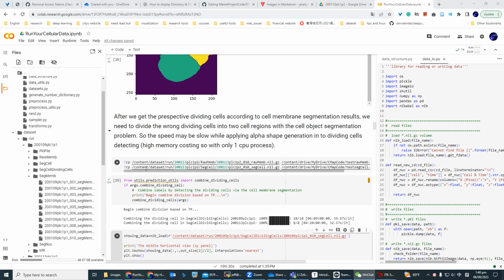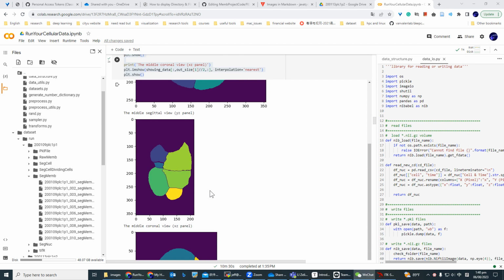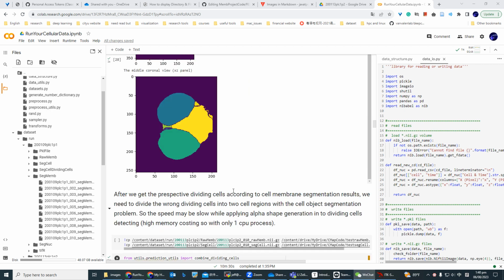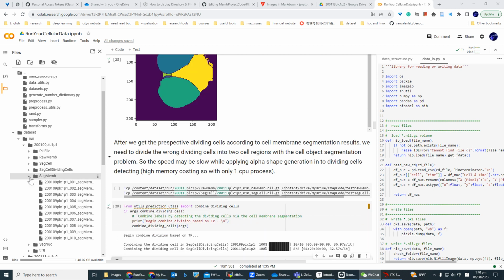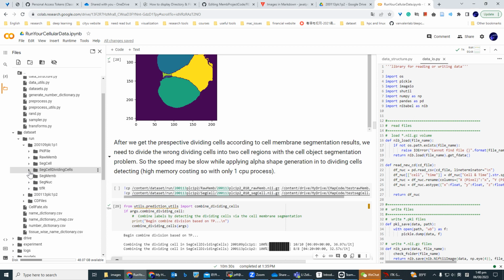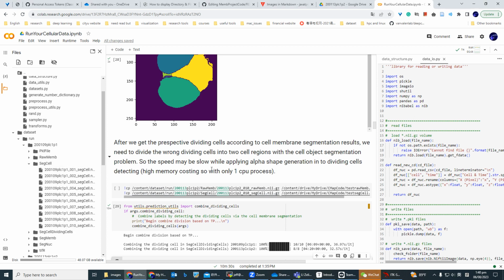And yeah, I'm showing the page on the Google Colab. I have already run the composition step, as well as the membrane segmentation step, as well as the cell object segmentation step. So I have already gotten the segmented membrane as well as the segmented cell, and as I mentioned at the Google Colab segmentation tutorial video, you can